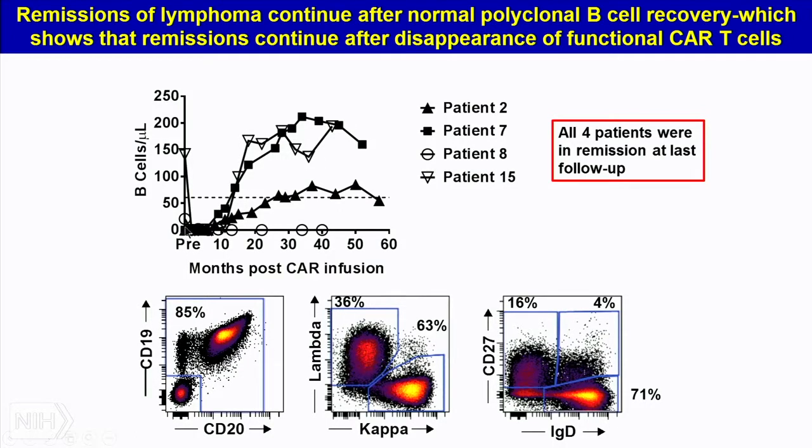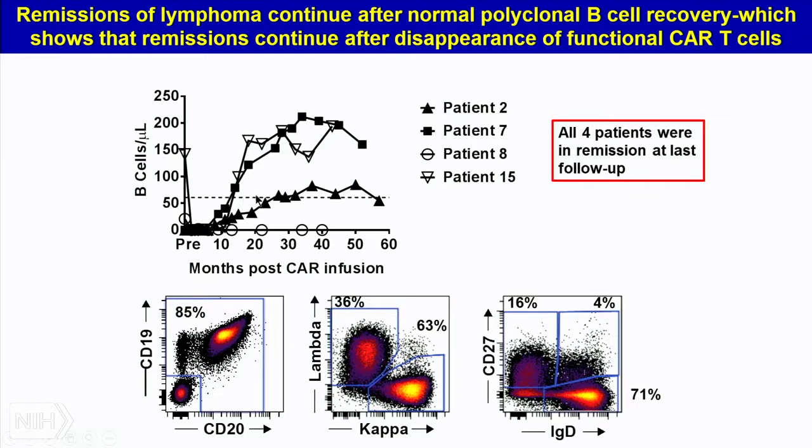So we can see early on after treatment, all 4 of these patients had no detectable B cells in their blood. So that's evidence that the CAR T cells combined with the chemotherapy did eliminate their B cells early on, and even not really early on. It's up to like 8 months after treatment before they even start to recover at all. So usually we know that with this chemotherapy, the B cells will recover within 2 to 3 months. So the CAR T cells do eliminate B cells for a time after infusion of the CAR T cells,